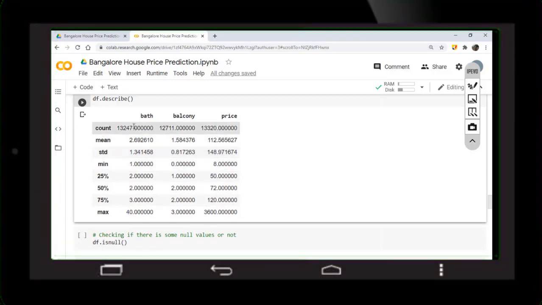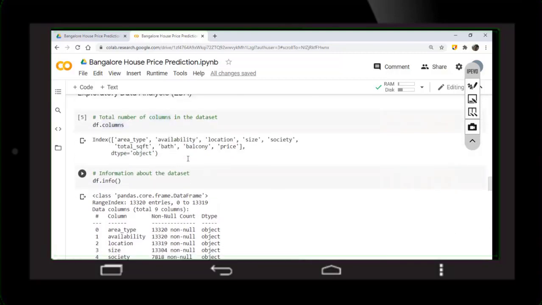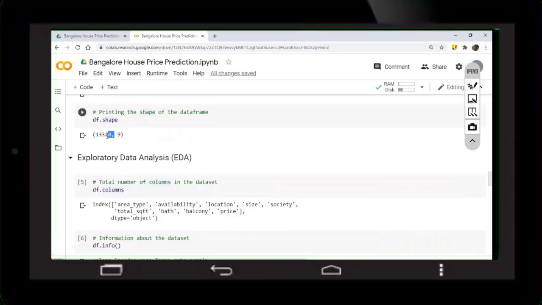So we have data for a total of 13,247 data points. For balcony we have data for 12,711 data points, and for price we have 13,320 data points. So here we have a total number of data points as 13,320.